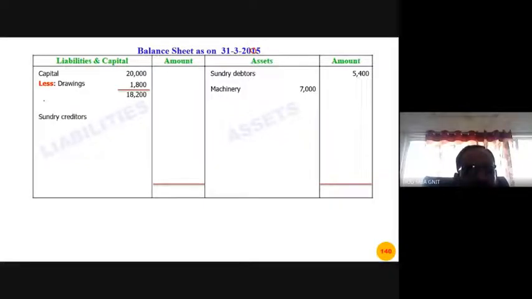Here you have to leave some space because some adjustment is to be made. During this financial year, the business firm might have earned some profit or loss. That profit or loss belongs to the owner, so that is to be added to his capital amount. That is why we leave some space here. Then you write the sundry creditors 2,800. Strictly follow along with me so you can understand. Nothing is critical here. Sundry creditors 2,800. Next.